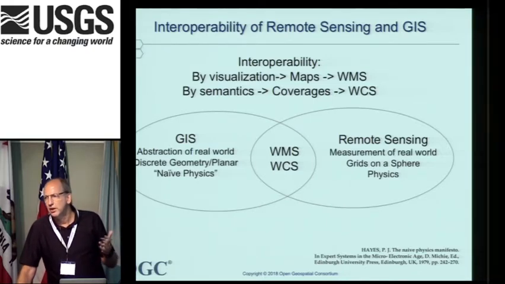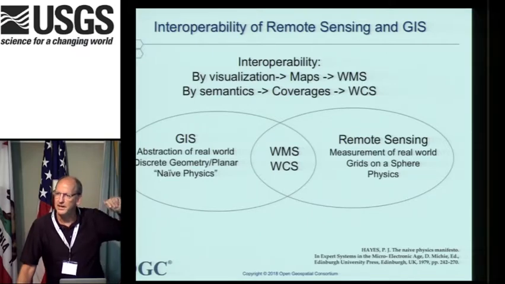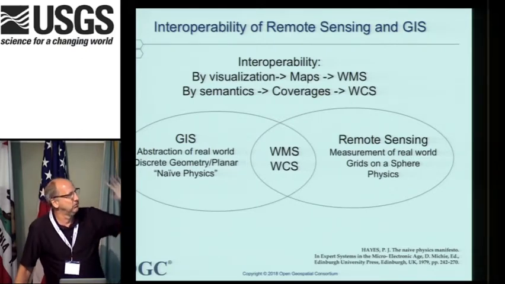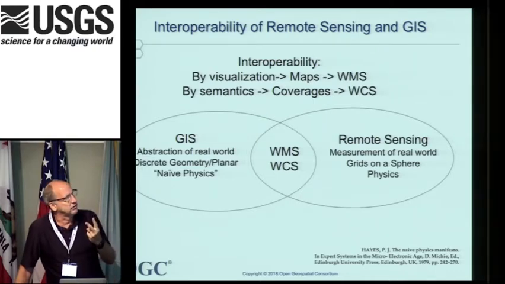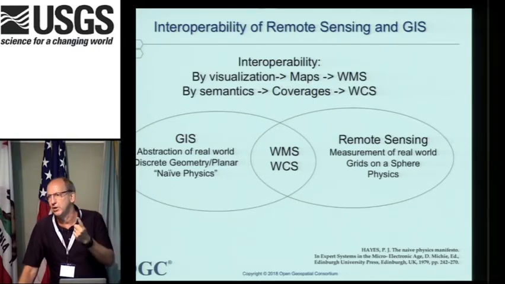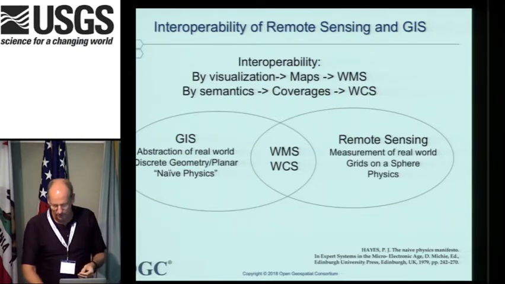They're two different worlds. I continue to be amazed at how there's not enough overlap. I just read a history about GIS, which included something called naive physics, kind of interesting. It doesn't mention anything about remote sensing in the history of GIS. And I'm like, really? So one of my missions in life is to bring that Venn diagram a little bit more overlap. Two areas that I'll speak about for interoperability are maps and data. In OGC speak, maps are WMS and WMTS, and for data, it's the coverage model. So let me speak about those a little bit more.